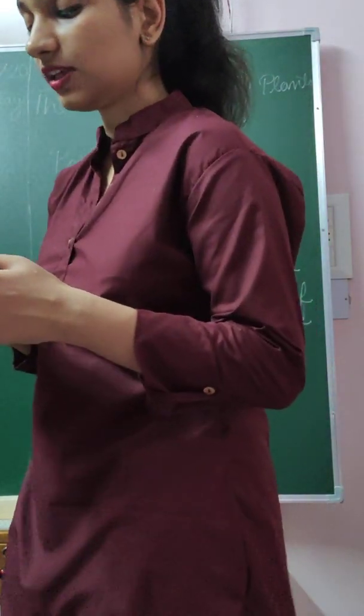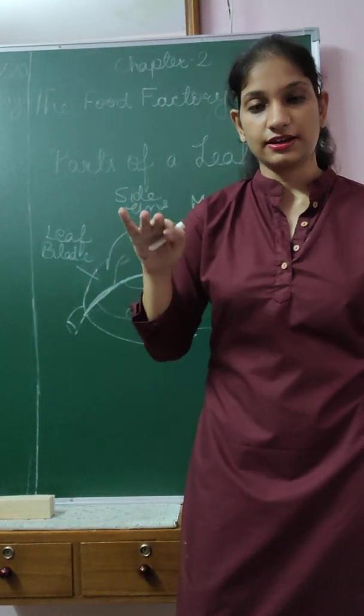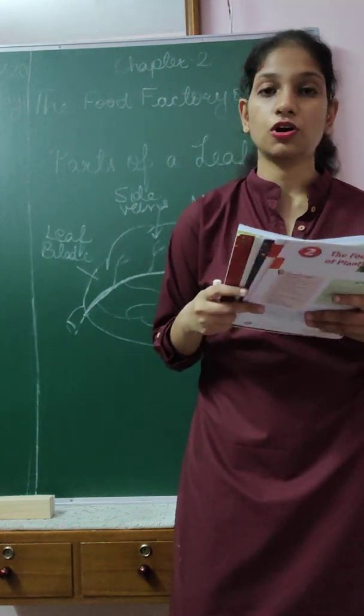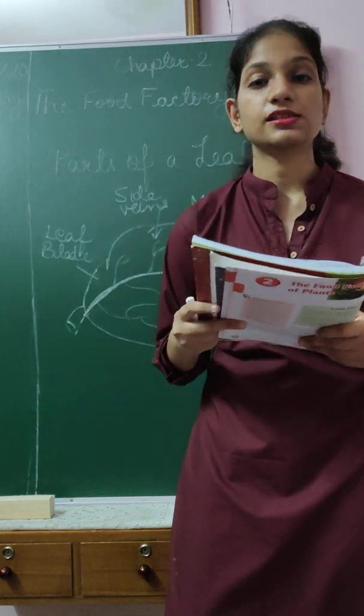The underside of the leaf has many tiny pores called stomata. Leaf का जो नीचे का portion होता है, underside, it has many small pores called stomata. These pores are so small that we cannot see them with unaided eyes. That means when you take a leaf and you try to look for stomata, you will not find any small pores. Why? Because they are so small. You have to put them under a microscope to see them. They are very, very small.